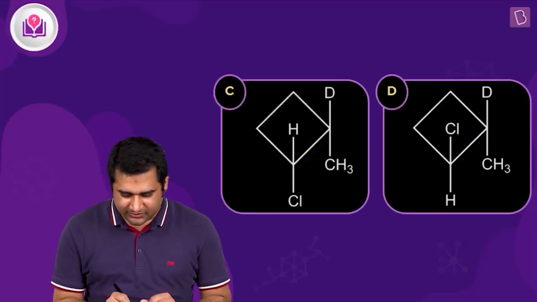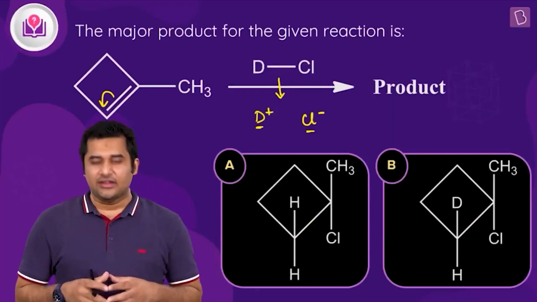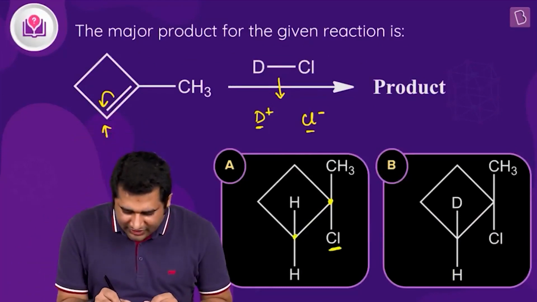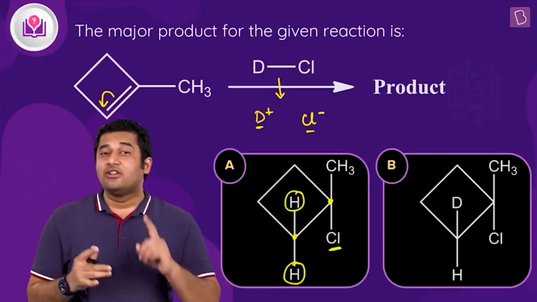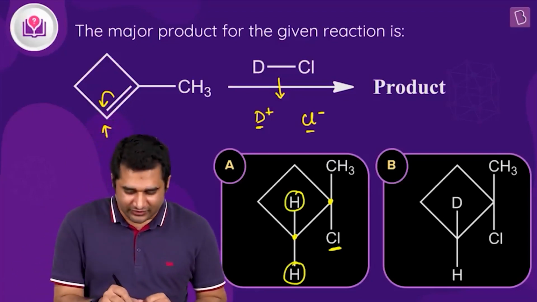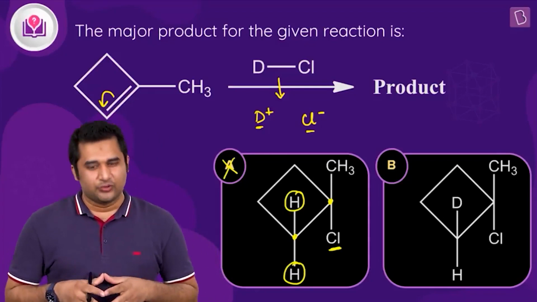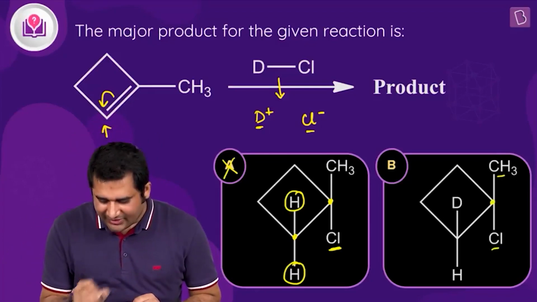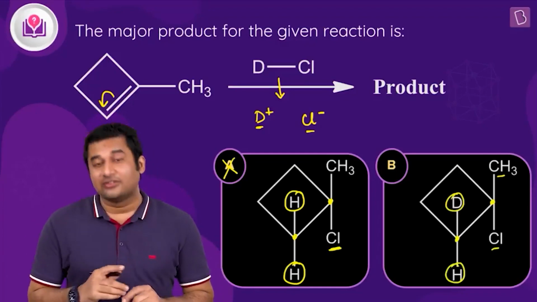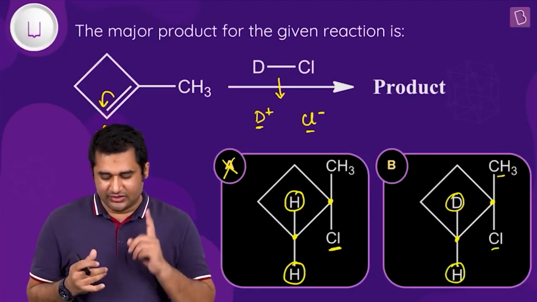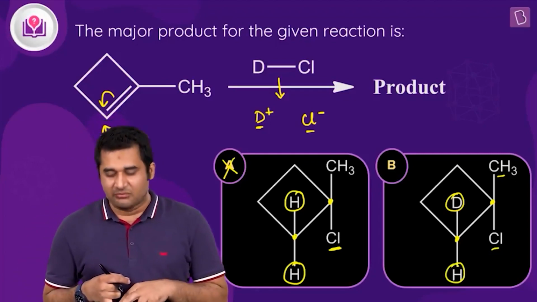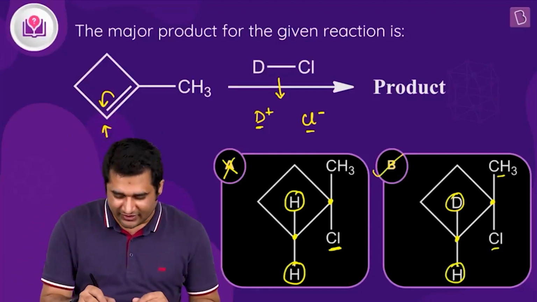So let's now match with the options. In option A, on this carbon Cl is getting attached. That is absolutely right. Whereas on this carbon both atoms are hydrogen, and we know that one has to be deuterium, isn't it? But here, since it is absent, this is not the right answer. Now in option B, on this carbon we have CH3 and Cl, which is right. And on the other one we have D and H. Definitely this is also correct, isn't it? We know that on carbon number 2 we have to have D and H, and on carbon number 1 we should have Cl and CH3. So yes, definitely this is right.